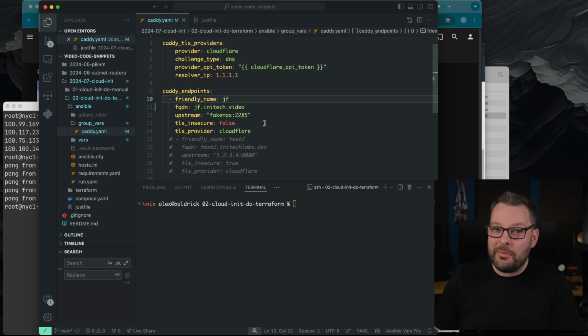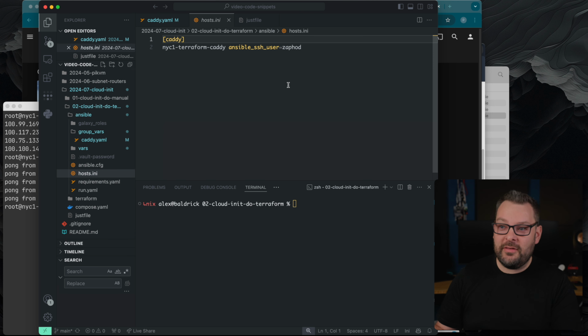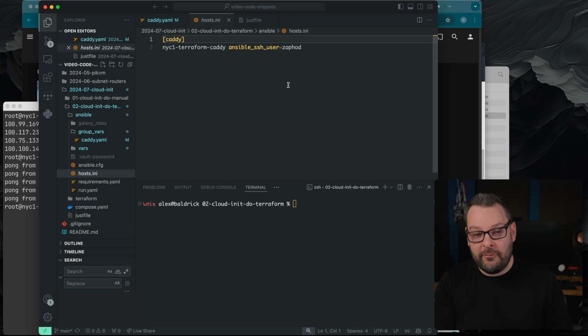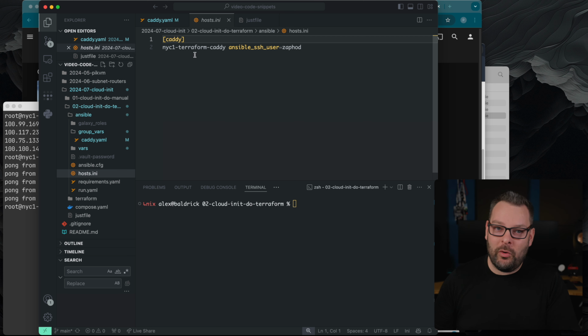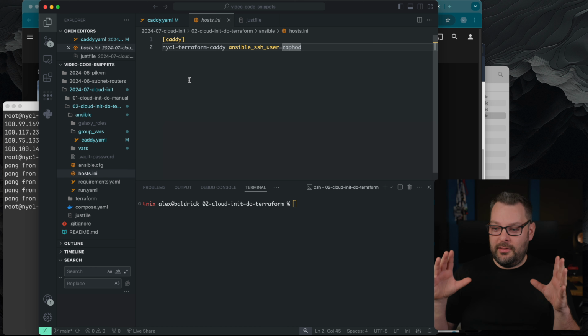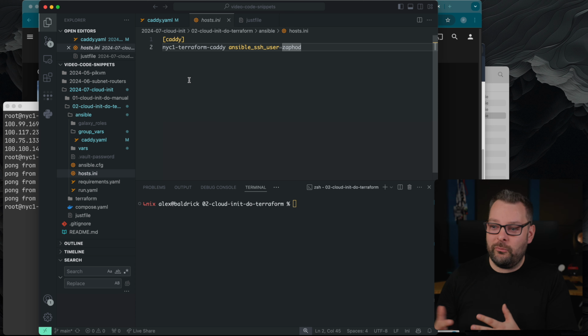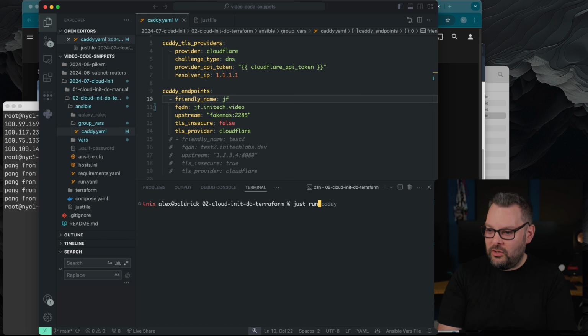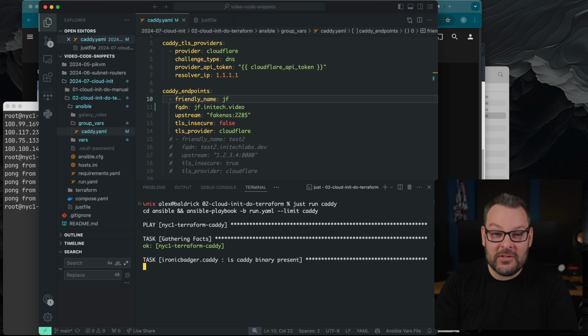One final thing before we run the code is we want to make sure that this hosts file here matches. If we changed anything in the Terraform file earlier on, the username must match, and so must the host name, NYC1 Terraform Caddy. This is the host name of the droplet as far as it's concerned on your tailnet, because we're going to use Tailscale SSH to authenticate to this remote node as well. So just make sure that's all hunky-dory. And now I'm going to do just run Caddy. And hopefully, if all goes to plan, at the end of this, we will have a working Caddy instance on